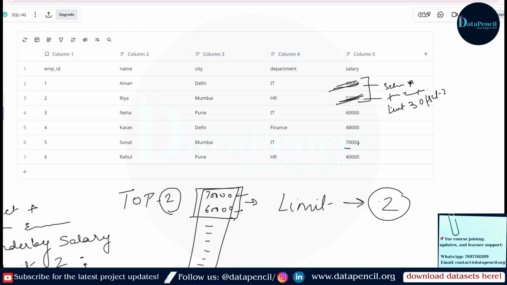Just skip these 2 rows. As I have imposed offset 2, these 2 rows will be skipped. Now apply limit 3, which means show the first 3 rows only.